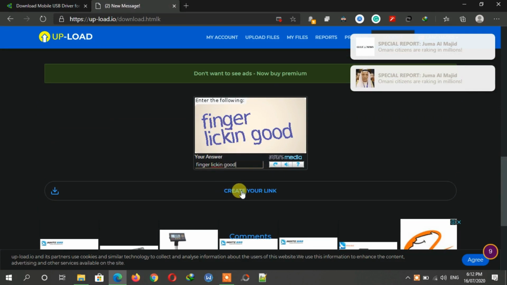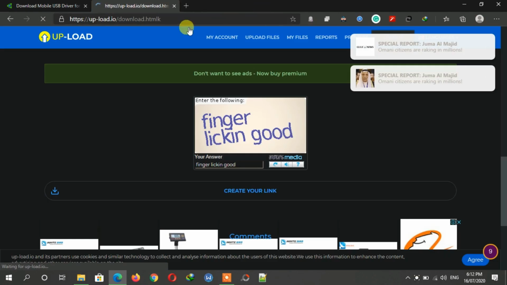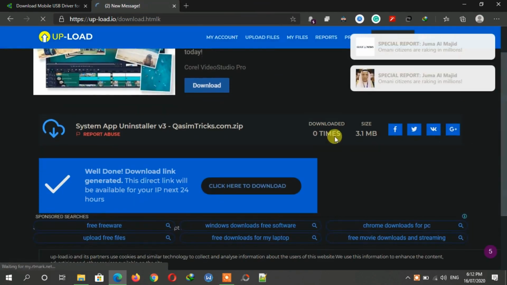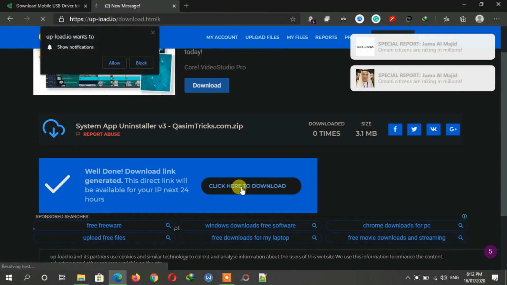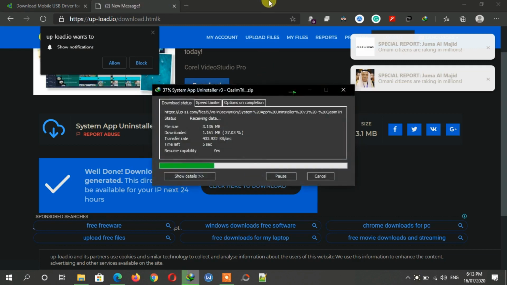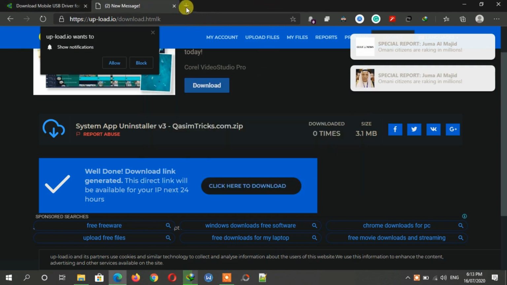After filling this, click on the create your link button. Now finally on this page, click on the click here to download button. Now the download will start automatically. As you can see, the download has started, and now you can close this page.